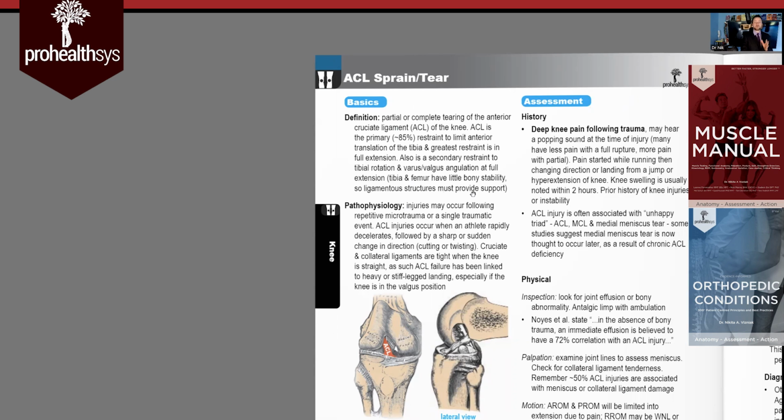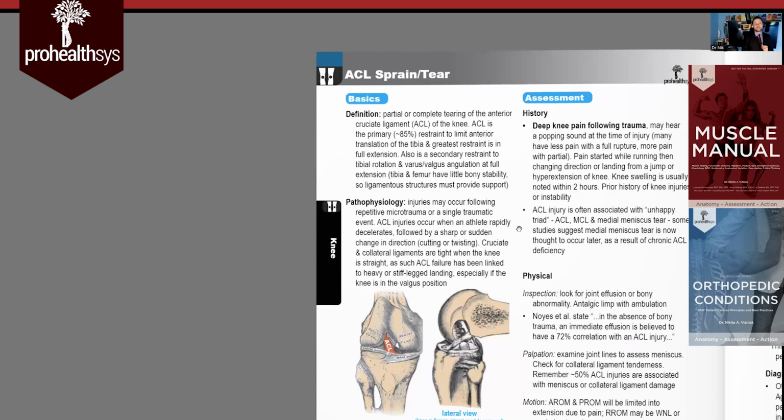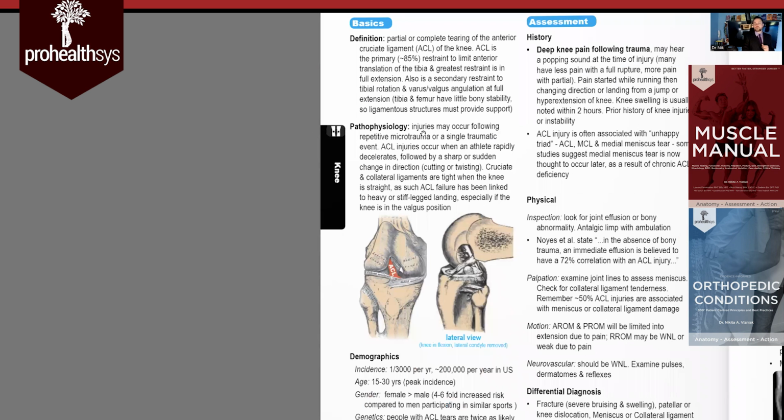If you do any jiu-jitsu and you know about heel hooks and things like that, you actually wind up potentially tearing these ligaments apart in those holds. All right, so injury occurs following repetitive microtrauma or repetitive overuse, or a combination of both of those, followed by a sharp or sudden change in direction, cutting and twisting. This is also the same mechanism for meniscus, but we'll see how it's a little bit different